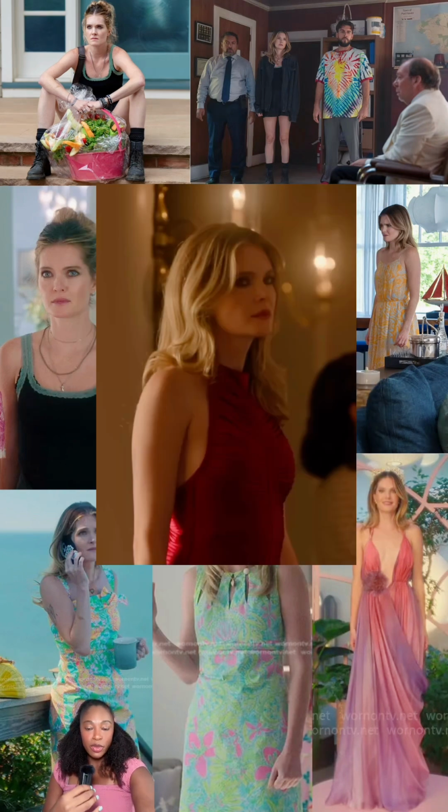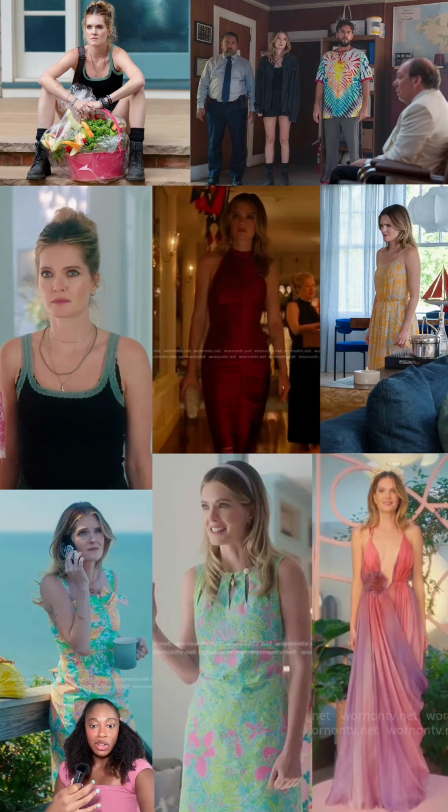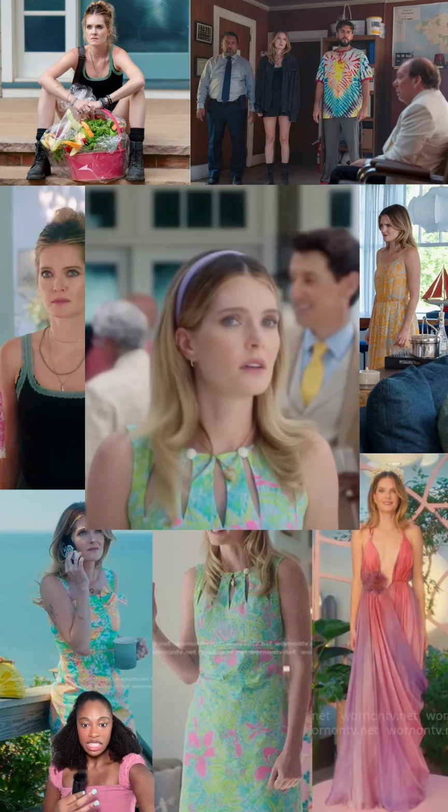One of my favorite looks from the show is this sexy red dress that Devin wears at the bar. Even though she's wearing a bold color, she still manages to stick out amongst the crowd like a sore thumb. As Devin goes undercover wearing the clothes that Michaela picked out for her, we see her in lighter, brighter, more pastel colors. Another great detail is what Caroline calls the cage dress that Devin wears because of the slits on the neckline, which is symbolizing Michaela metaphorically trying to put Devin inside of a cage, similar to the birds that